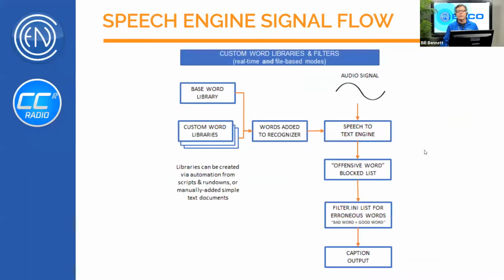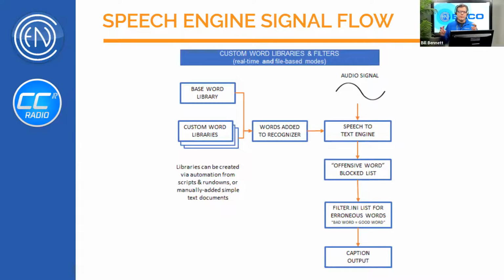And I was going to drill down a little bit for the uber geeks in there. This is kind of how the speech engine works, right? Because we've got these custom libraries where you add custom names, custom words, your station call letters, stuff like that. And then the recognizer listens to it, and those custom words help it understand words that aren't otherwise in the English vocabulary already. Certainly examples of host names and sponsors, underwriters, stuff like that.